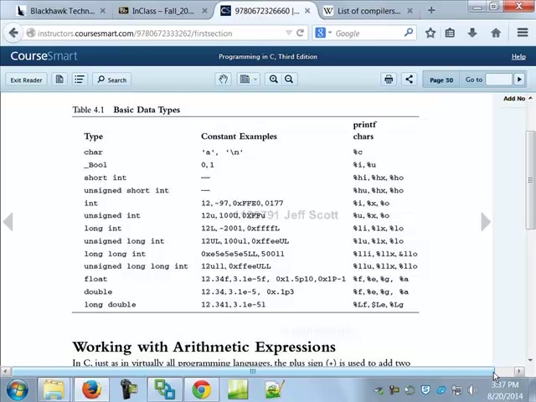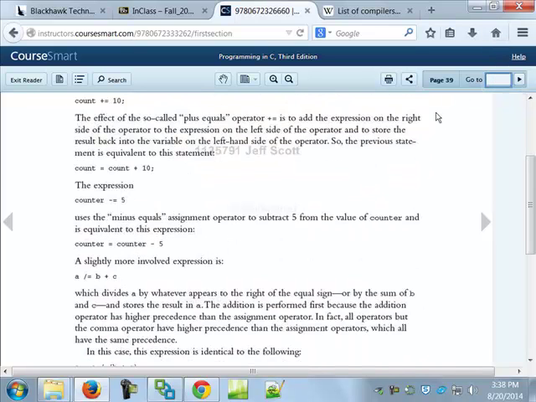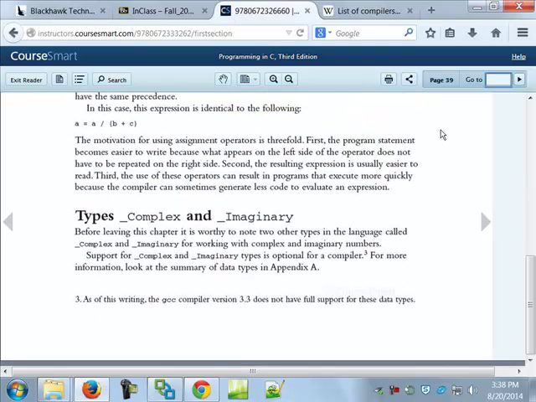So if you think I didn't show you enough, you can go back and take a look at that. Also, what C does that a lot of other languages don't do is it allows you to work with complex and even imaginary numbers. It allows you to do some work with those. So if that's up your alley, you're able to do that. And that's it for chapter 4. That's why I said it's not like there's a whole lot of stuff in here you haven't already had.